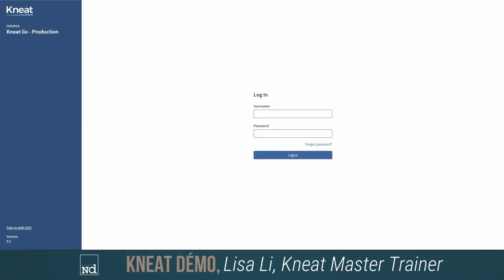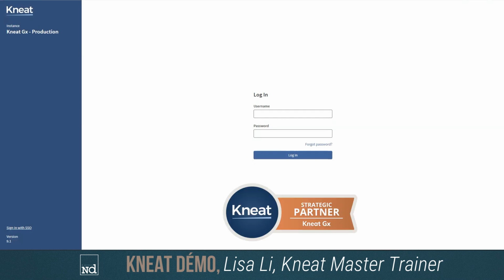No Deviation is a consulting firm specialized in C&Q, but we are also privileged partners of Kneat, and it is in this context that we are authorized to deliver official Kneat training and also to support you in all your Kneat development and implementation projects. In a few words, to introduce you to Kneat, Kneat is a tool that allows you to carry out protocols online collaboratively, but it's also a highly customizable software, which allows it to truly adapt to